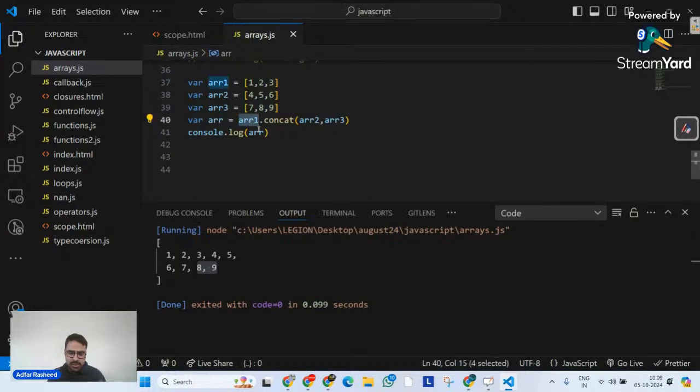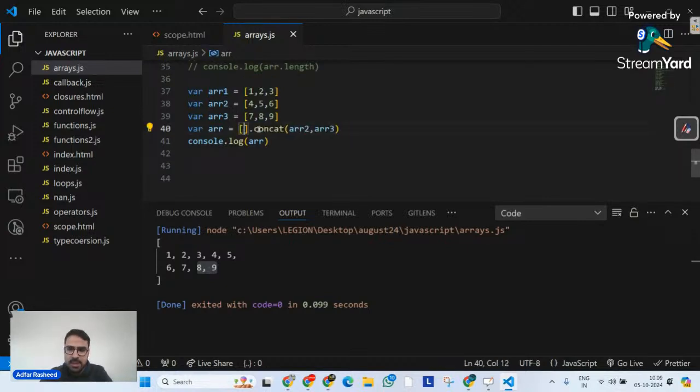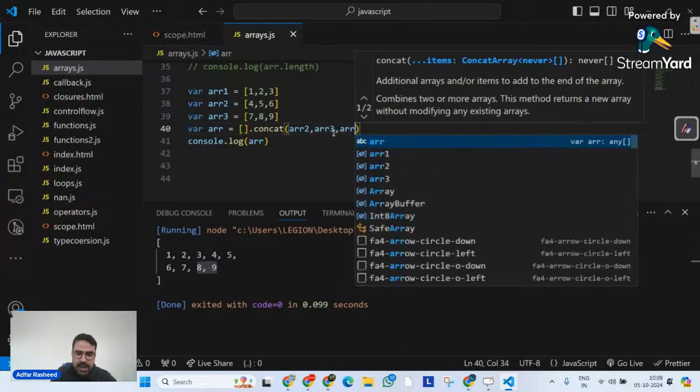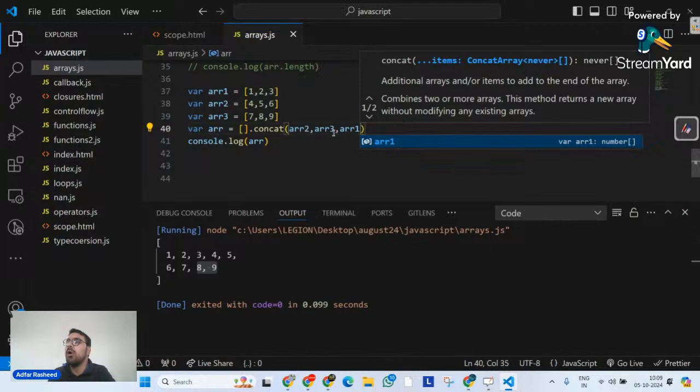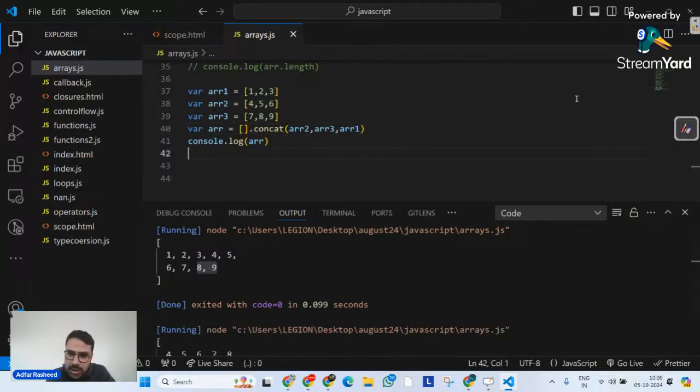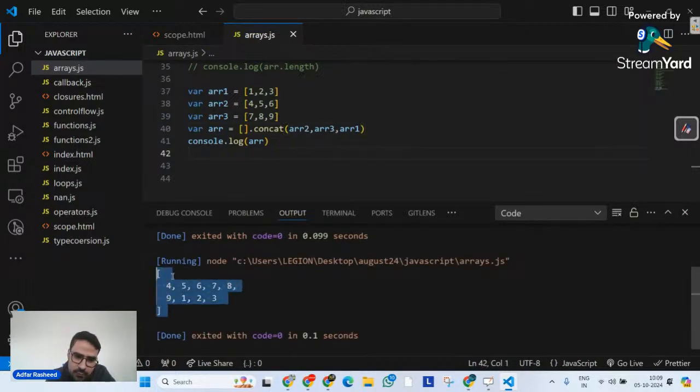In that case, you can simply put an empty array over here, and on this empty array, please concatenate what? ARR2, ARR3, comma ARR1, or whatever order you want. In this case, if I try to execute, you can clearly see we have 4, 5, 6, 7, 8, 9, 1, 2, 3. The order you mentioned is the same order in which we got our output.